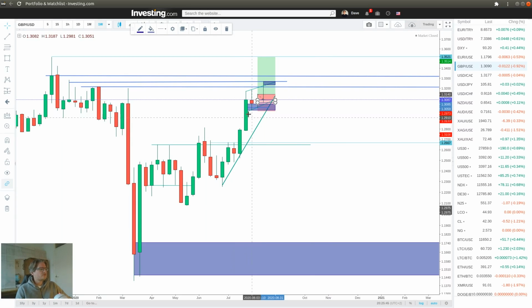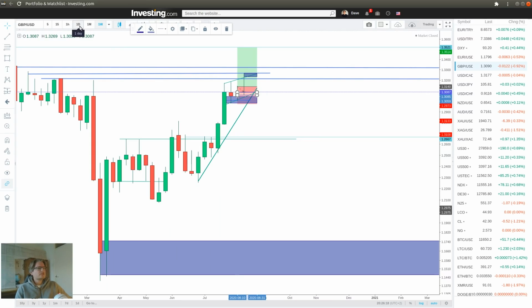Here, this is the same kind of pattern. So we had this candle and then an inside bar for the week before this week, and now the last week we had this fake out pattern. So we broke higher and then closed within the range, and it's forming a pin bar on the weekly. So also on the Great British Pound US dollar, I think we are going to see a reversal to the downside, and this also means that I will have to close this trade out for a small loss.